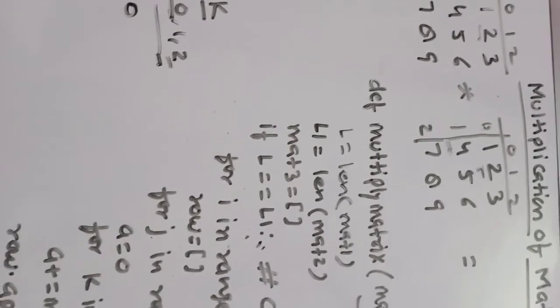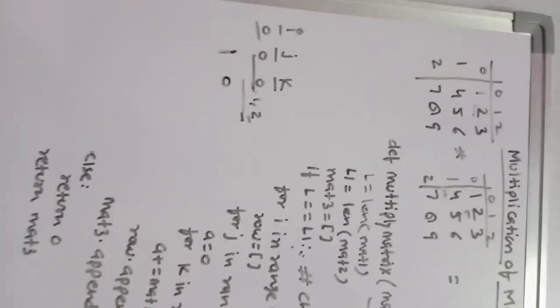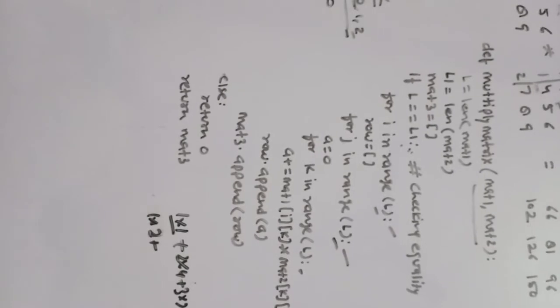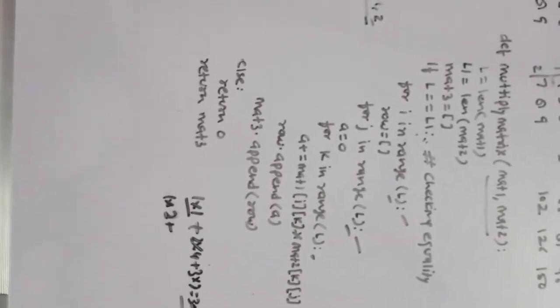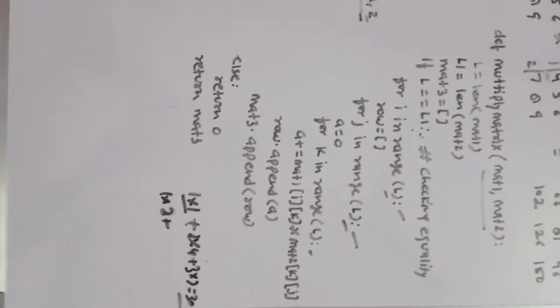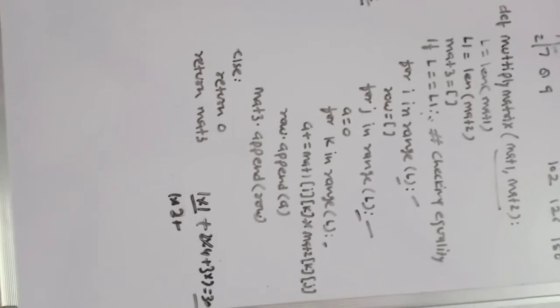So now, second column multiplication is started. 1 into 2, because J becomes 1. J represents the columns of each multiplication, the columns of the second matrix. I and K simultaneously represent the rows.